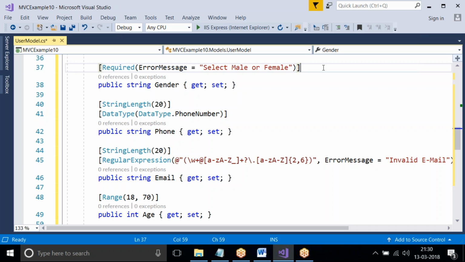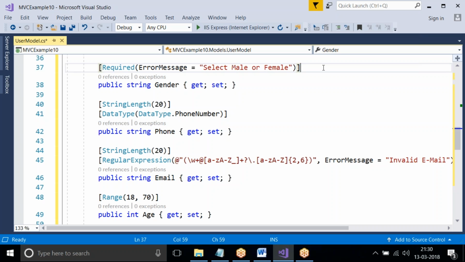We'll remove the text box, and in its place, whichever control is required, we have to do it manually. By default, for any property in the class, we'll get text boxes. If you want other controls in the view, automatic generation won't be there. We have to change the code, then it will work.